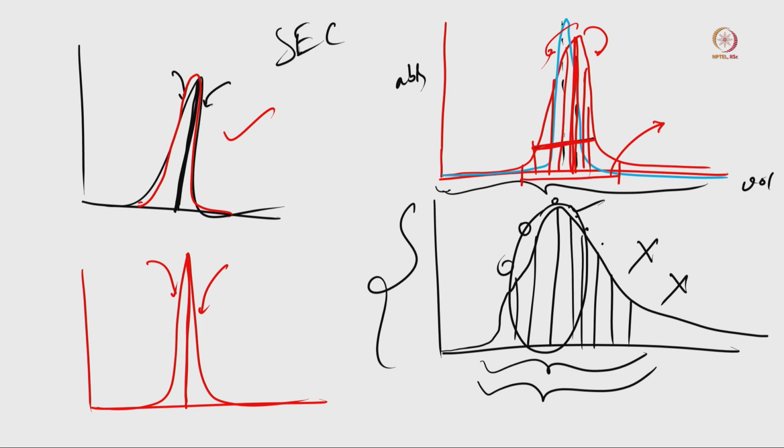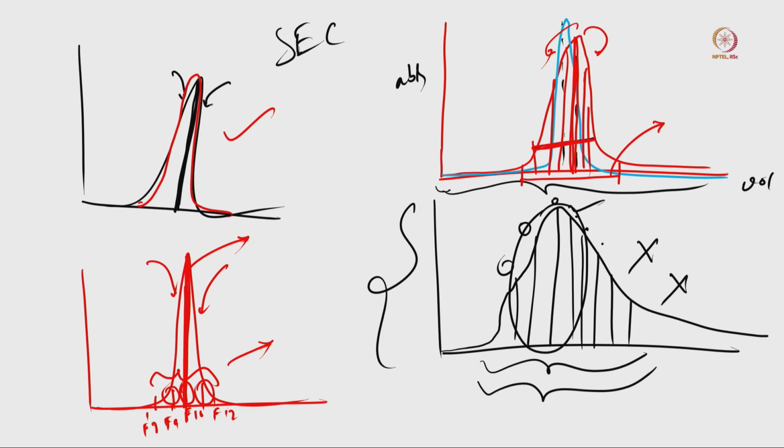If this is your F10, then this will be fraction collector 9, this is fraction collector 10, this is fraction collector 12, and this is fraction collector 8. So all these fractions it is collecting. Now if you mix all these fractions, you are adding some larger size, some smaller size, and your required protein. So your sample will be heterogeneous. So that is the reason most of the time we just want to select the peak area for structure determination.